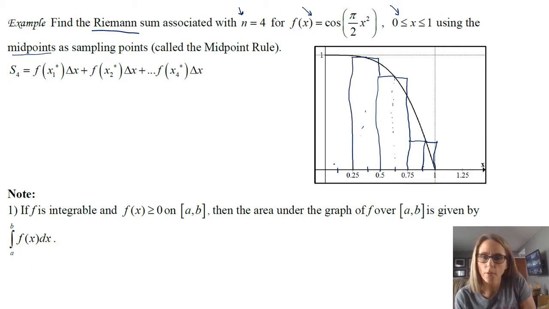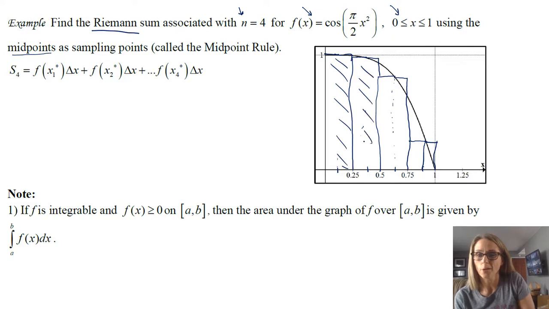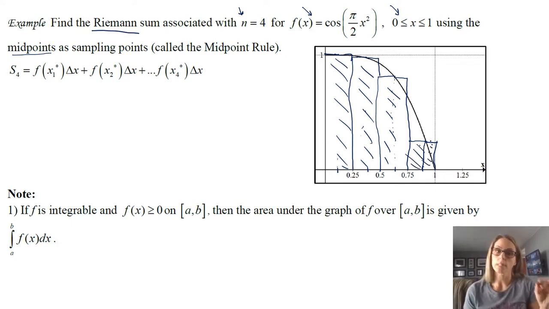Yours is probably going to be better than mine. And then the last one here, I'm going at the midpoint, that's my height, and you can see that that one actually looks pretty good. So you can see that this area that we find is going to be pretty accurate, but still an approximation. Okay, so notice it's using the asterisk because this is not left hand or right hand,